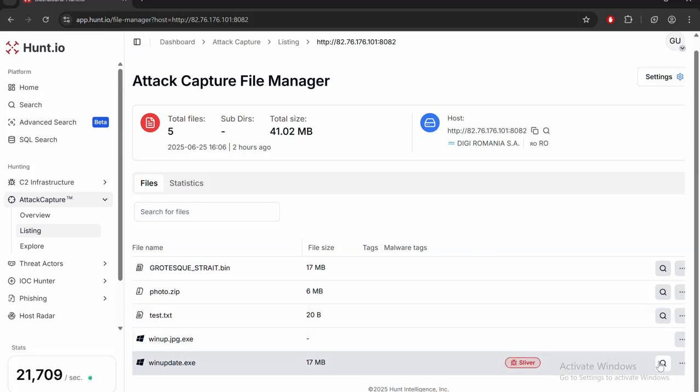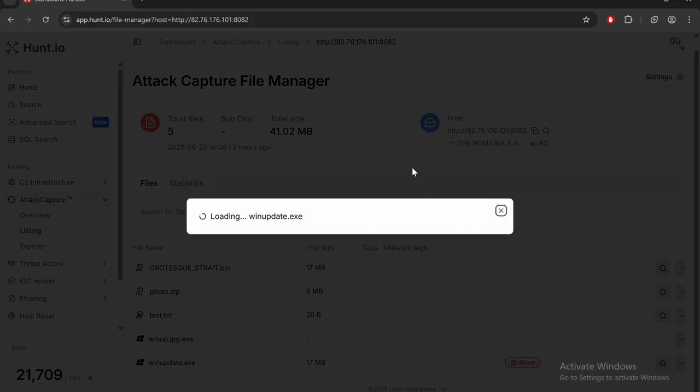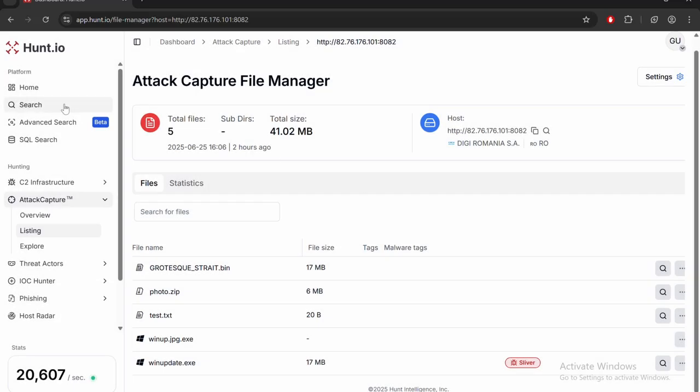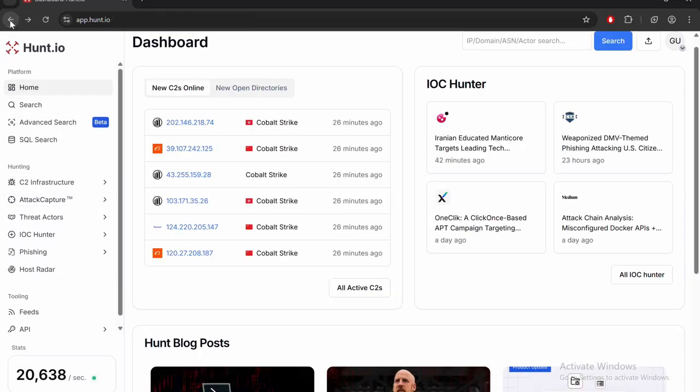If you just click on it, it will load it, and that's an MZ. Okay, and you can download it as a zip. The password by default is infected. So in IOC Hunters, we have